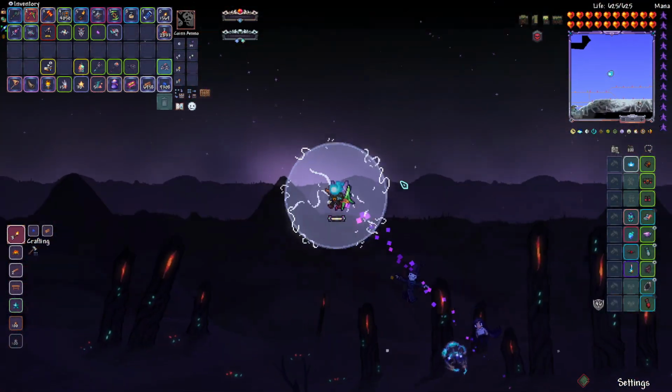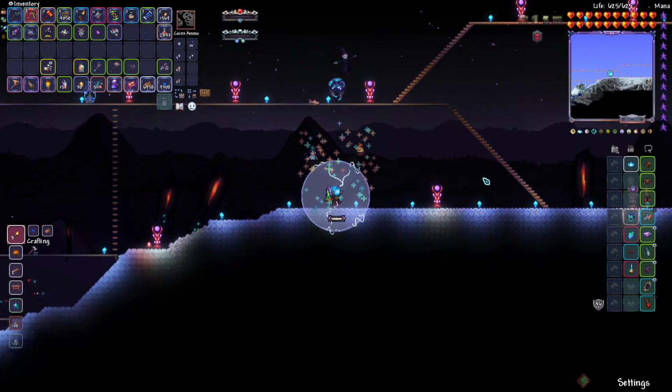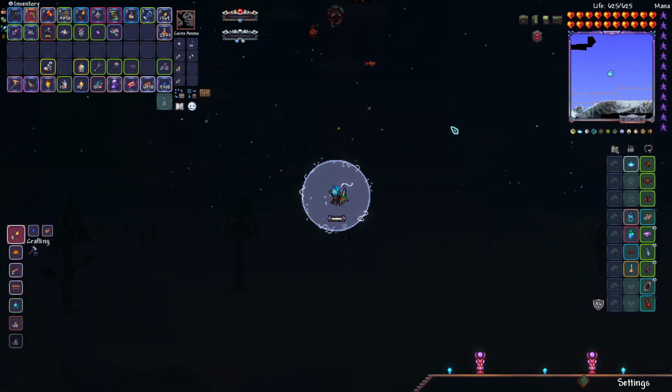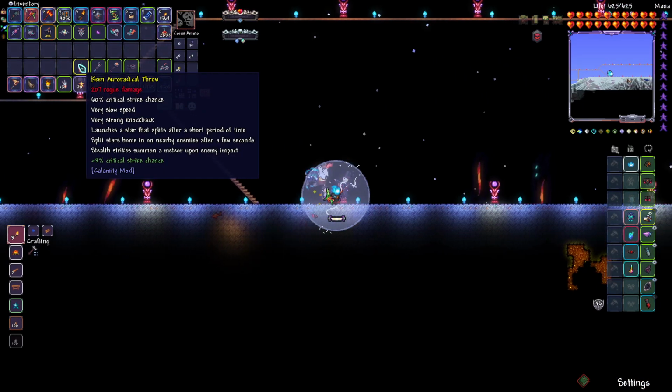Oh, look at that. It's pretty cool, right? We're gonna go zooming. Oh, does it not work? Okay, so there we go. I'm assuming that's the cooldown for it now. Let's zoom. There we go. I like it. Pretty neat. Then we got the